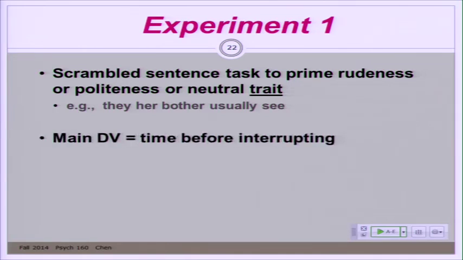Then they set up this kind of elaborate situation. So participants think this is just some task they have to do in the laboratory, and that for the second task in the experiment, they actually have to go down the hall to participate in the second survey, in a room down the hall. Unbeknownst to participants, down the hall, a specific situation was set up where rudeness or politeness was potentially applicable. So down the hall, the experimenter is listening for when the participant is coming, and there's a confederate acting like another participant in the room, and the experimenter is sitting there answering a series of inane and annoying questions from this alleged other participant.